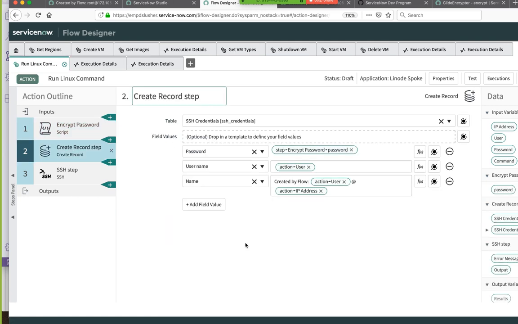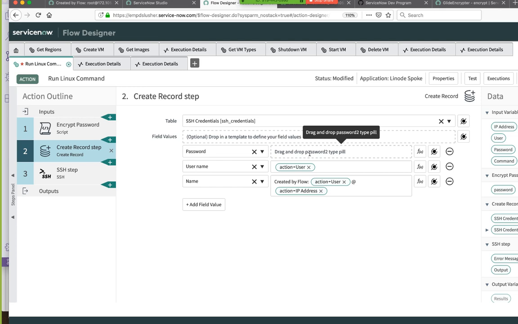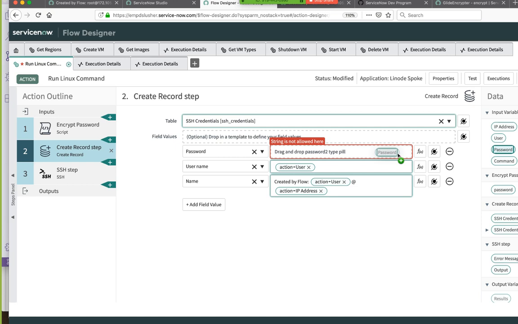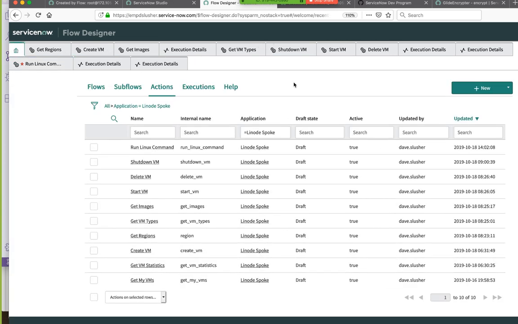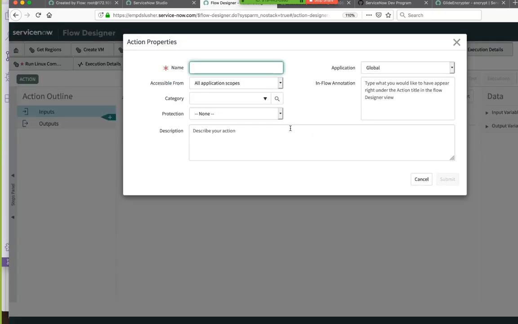So what if we don't do that? The problem being that this flow requires it to be like this right here. This requires it to be of password 2. This is our problem. You can't just type in there. I can't put a plain text string in there. String is not allowed here. Then I guess that means it will only accept a password 2, and then it wouldn't think that it needs to encrypt a password 2 that you passed it. Right. So we're just gonna do it the way. Yeah.